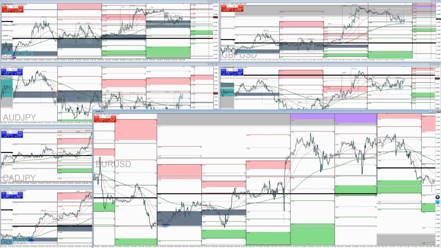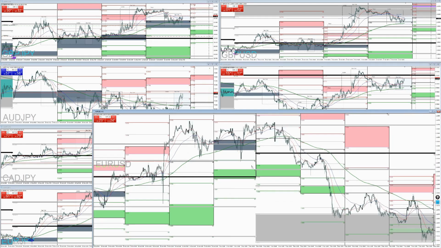Because price came into the red zone, we're going to be looking at buying at the M2, which we did get, and we probably got stopped out. So remember, we don't buy exactly at M2 because of spread. We want to take it somewhere in here, and we got stopped out for 13 pips, unfortunately.